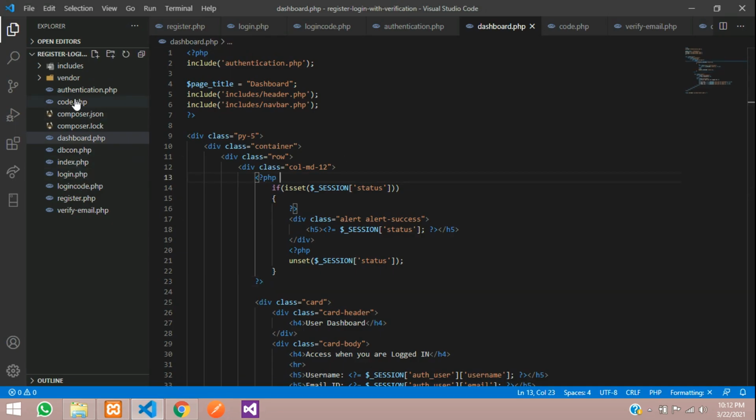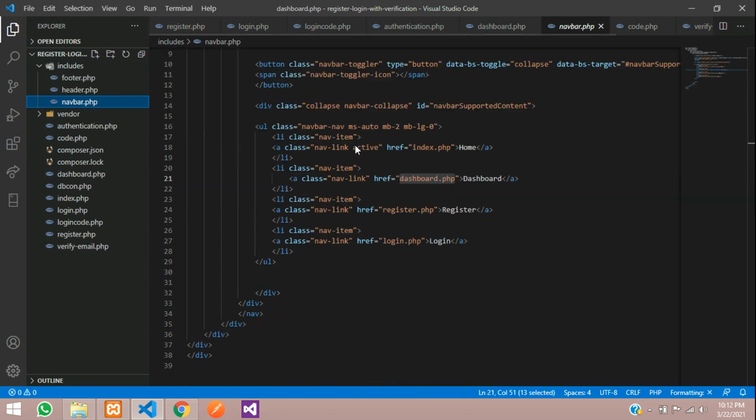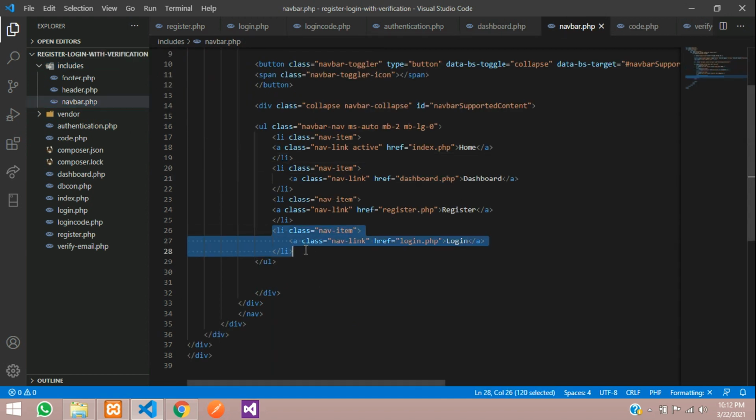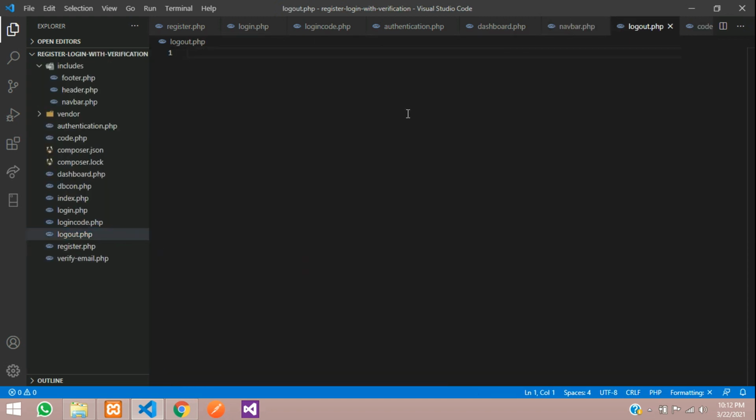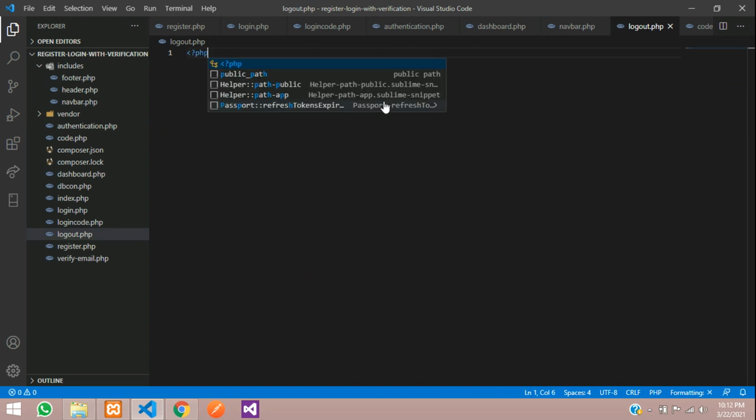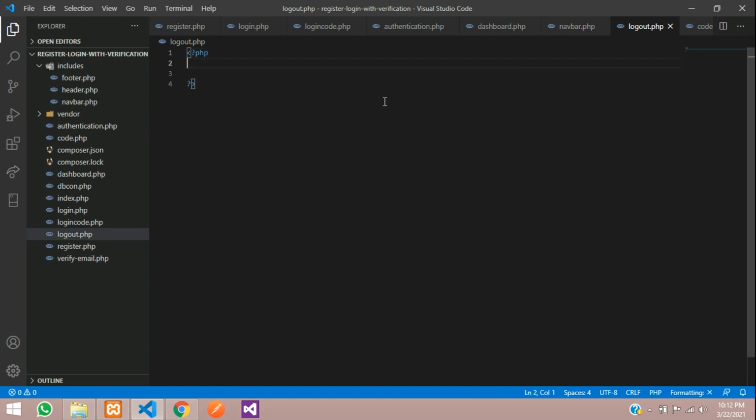Let's go to Navbar, includes Navbar. So inside this Navbar you have these buttons. Let's add one simple link, and you can make it in a different format anyhow. So let's link logout.php, logout, and let's create one logout file, logout.php file, and inside this let's create one PHP open, PHP close,